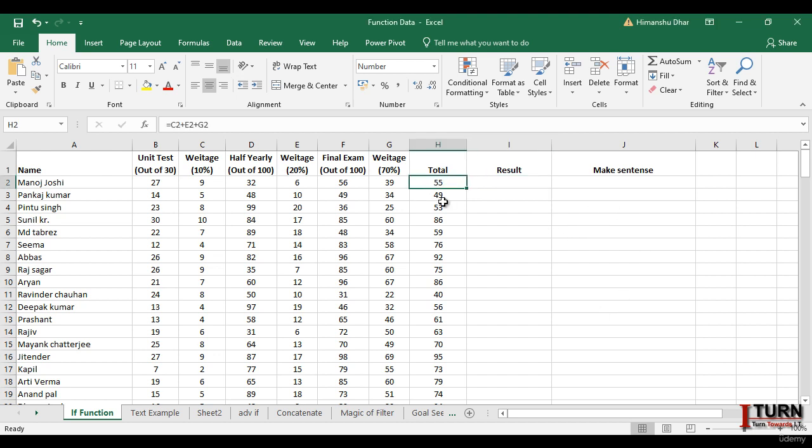Let's say this is the total score. Based on this total score, if the student's score is less than 40 then fail. We have done this. Now if it's between 40 to 60 then it's compartment, and if it's above 60 then pass. So in a normal IF condition,